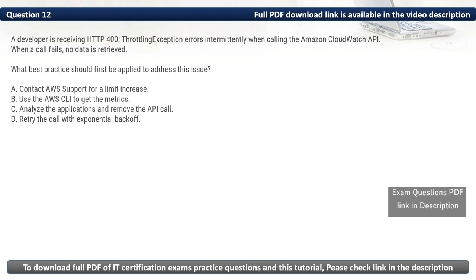Question 12. A developer is receiving HTTP 400 throttling exception errors intermittently when calling the Amazon CloudWatch API. When a call fails, no data is retrieved. But what best practice should first be applied to address this issue?